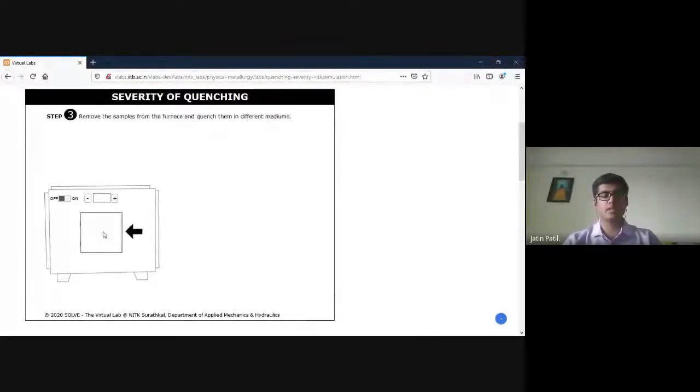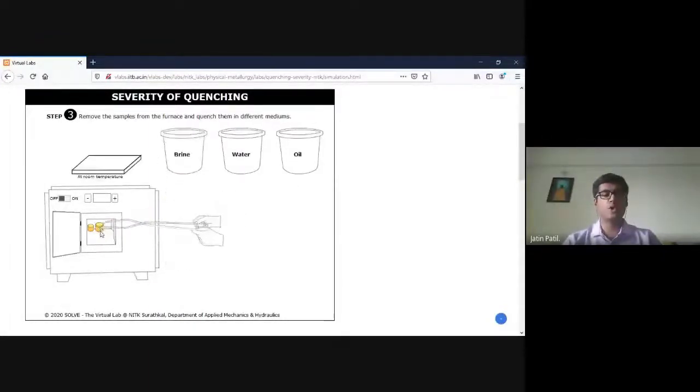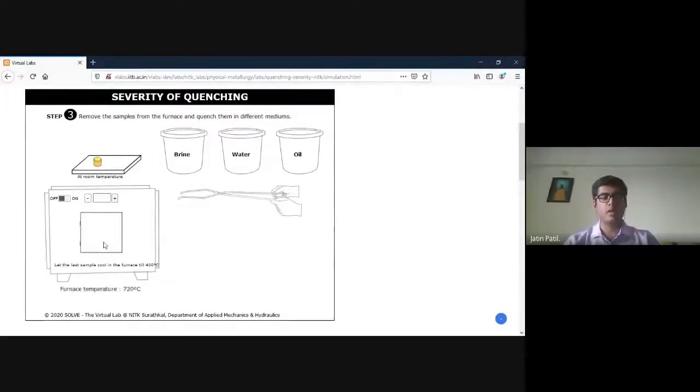We then open the furnace and start quenching the samples. With a pair of tongs, we grab the samples and put them in oil, water, followed by brine. The fourth sample, which is in normalized conditions, will be air cooled, and the annealing condition is furnace cooling. Now we're bringing down the temperature to 400 degrees Celsius. This is way below 727 degrees Celsius, which is below the eutectoid temperature, so no phase transformations can take place anymore. After which we remove the sample and expose it to the atmosphere.